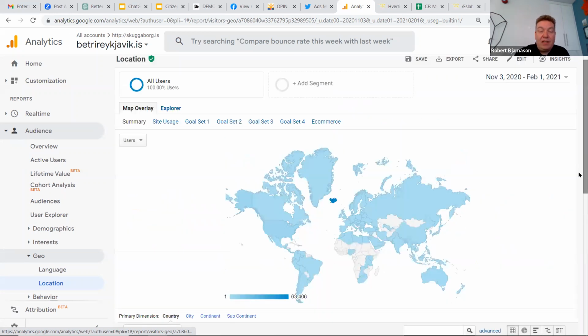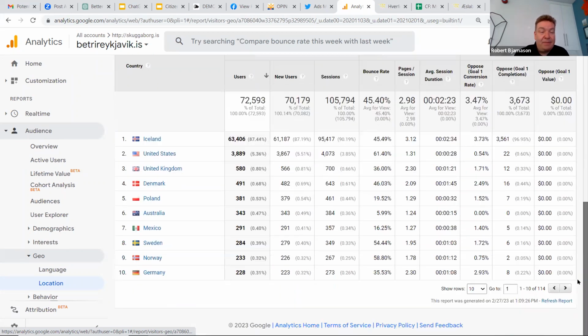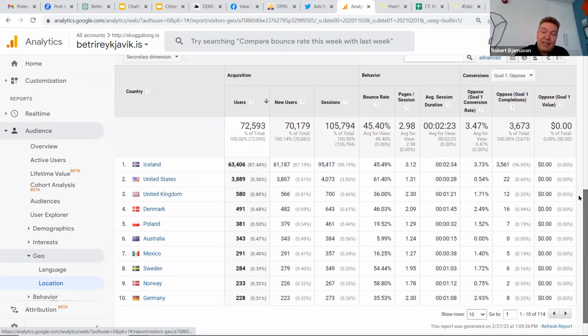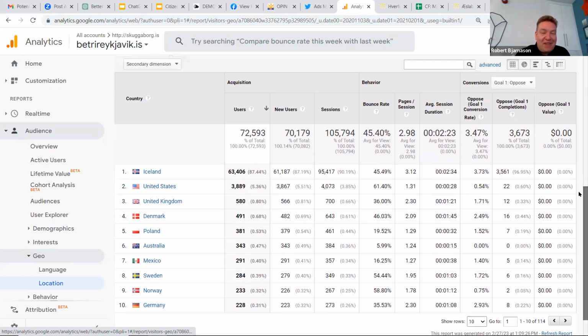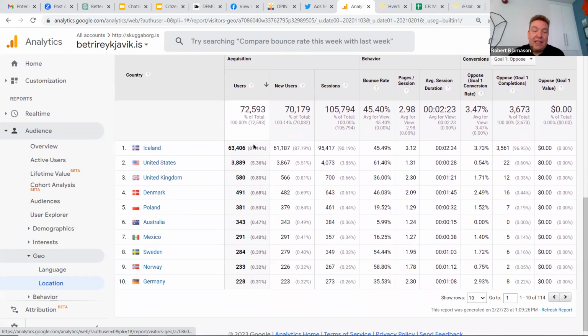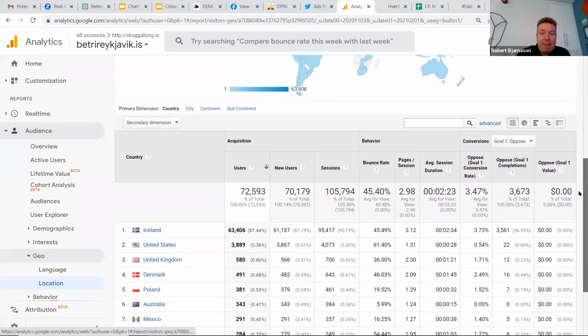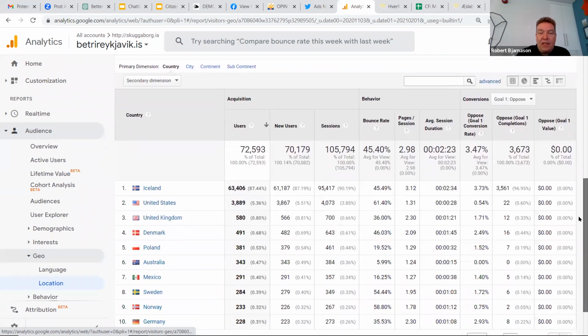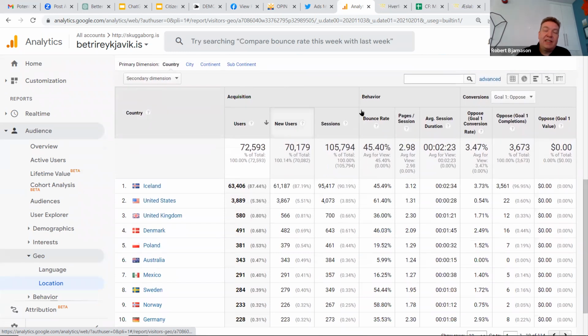So they came really all across the world. Both Icelandic people living in other countries, people just clicking on links they see in their Icelandic friends' social media feeds and so on. But as expected, vast majority, 87% from within Iceland. And in this view, in Google Analytics, this is a classic table format you get.